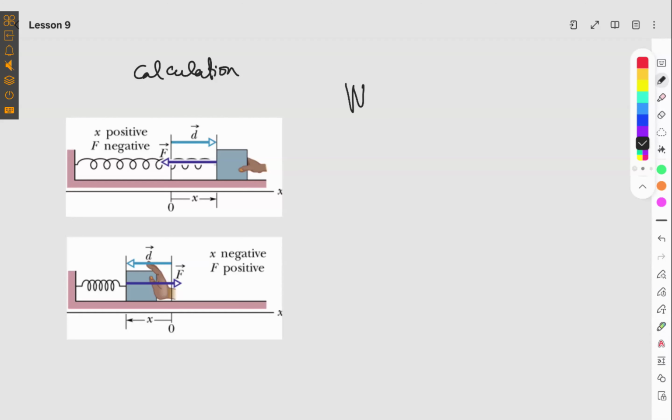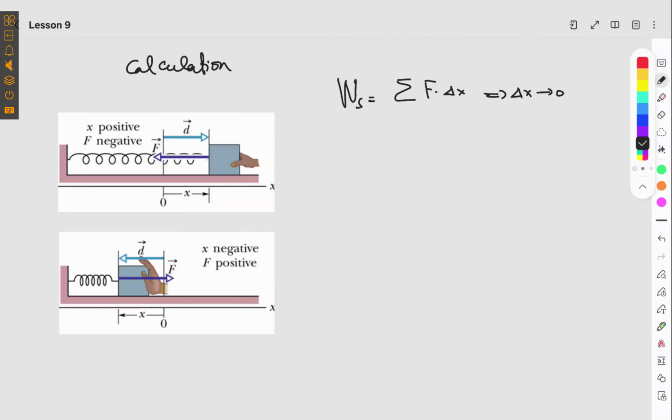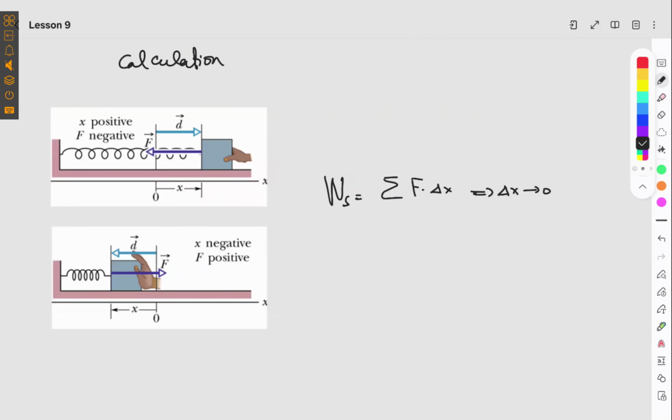so the work of the spring is simply equal to the summation of the force multiplied by the delta x, the change of x, because the delta x is always moving back and forth. So that will be the summation of the force times the delta x. But we are also saying that delta x approaches 0. So basically what we are saying here is that, imagine if you were to plot